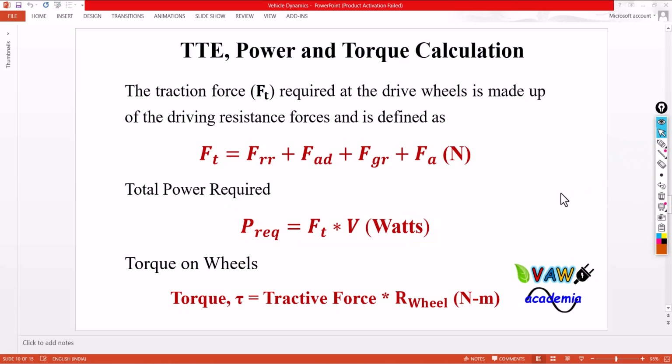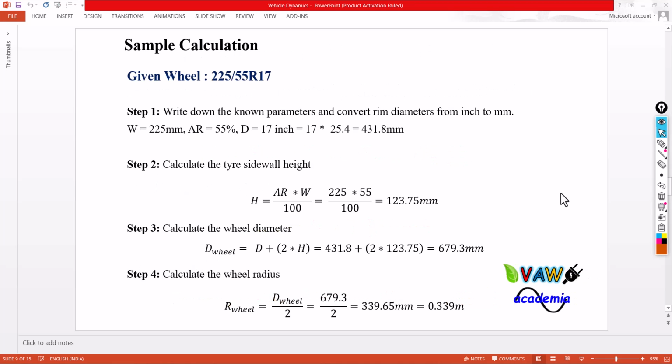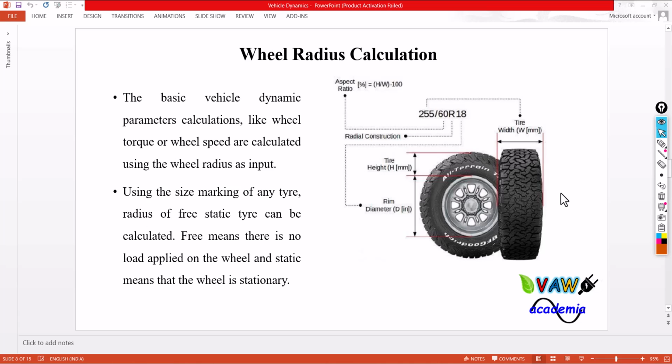If you want to calculate the torque required on wheels, here the very important parameter required is the radius of the wheel. No manufacturer will give you the radius of the wheel explicitly. If you take any tire, you can see this kind of markings. The name of the marking is called tire mark sizing. For example, if you look here,